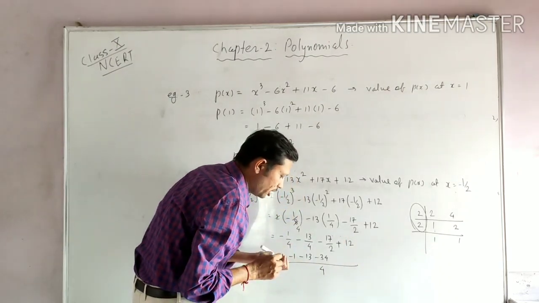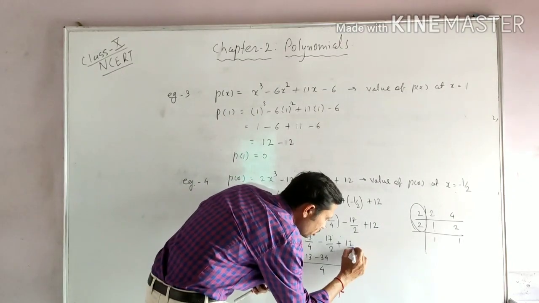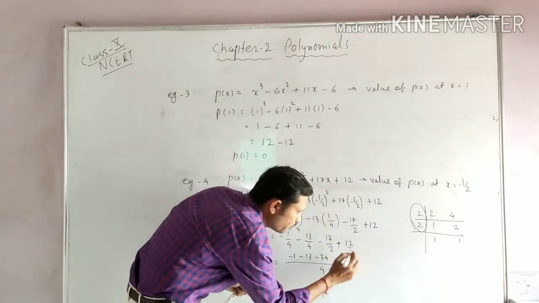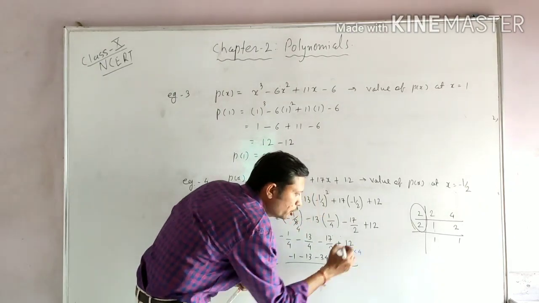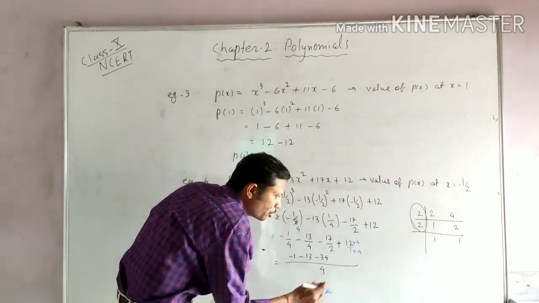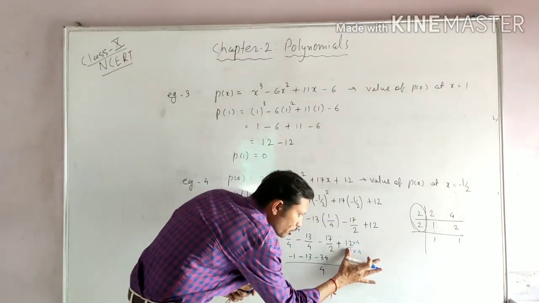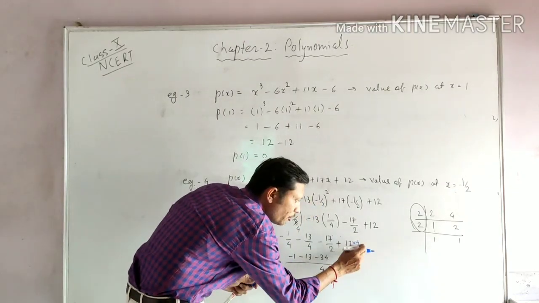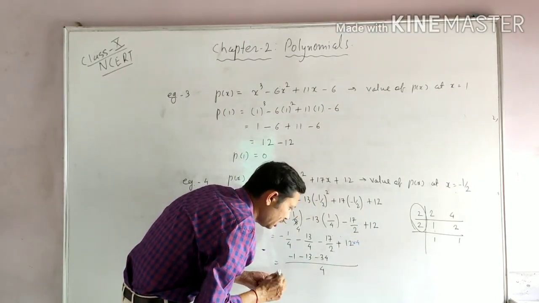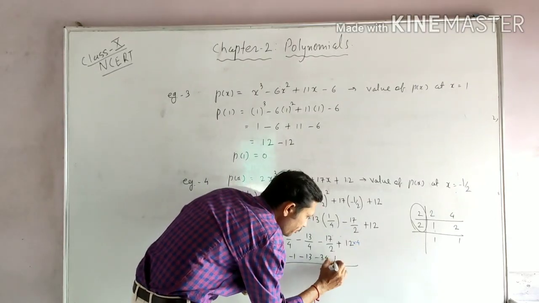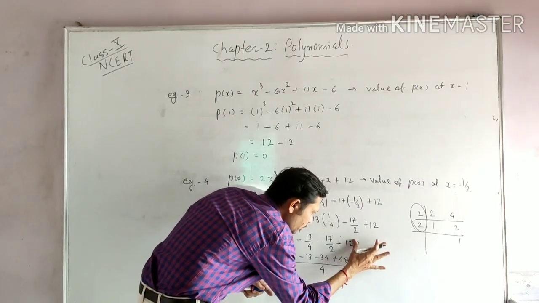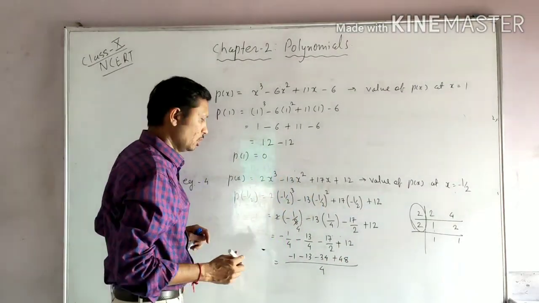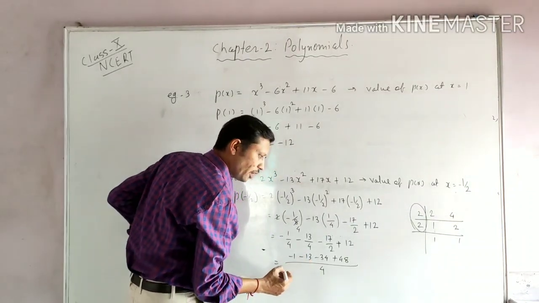Here again your denominator is what? 1. But what did we change it to? 4. That means we multiplied by 4, so the numerator is also multiplied by 4. So the denominator 4 ones are 4. It's completed. Numerator 12 fours are 48. Okay, complete. Now do it further, the simplification part.